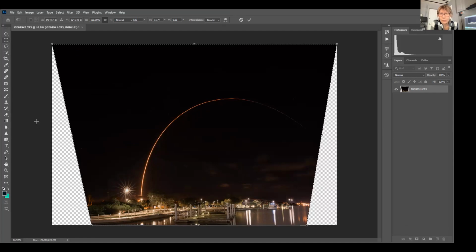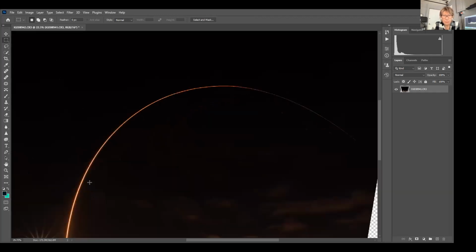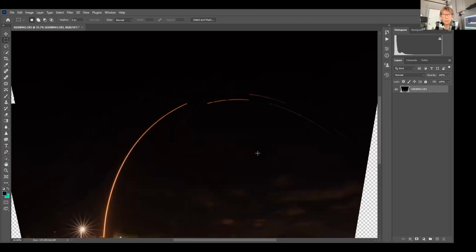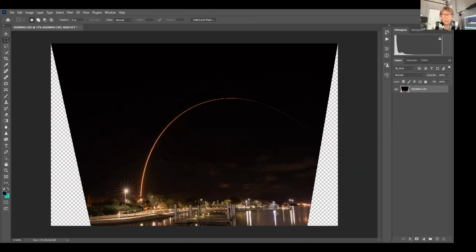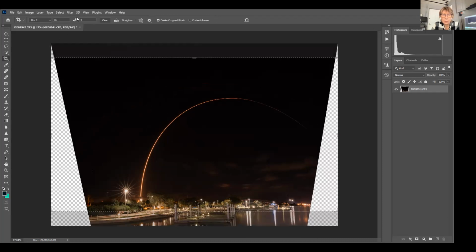It's got to catch up with me. There we go. Okay, Control D stops the ants. So it changes the perspective of the arch a little bit because it arches more, but it's more realistic because these are all vertical now. Okay. But you notice when you do that, now when I go to crop here, I am going to crop